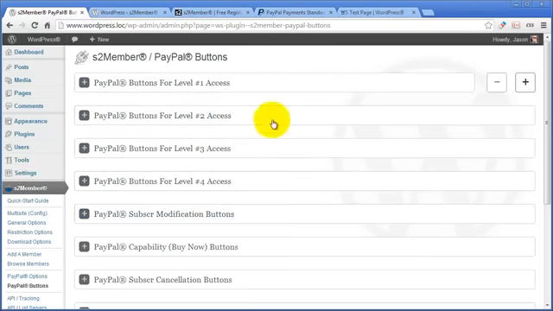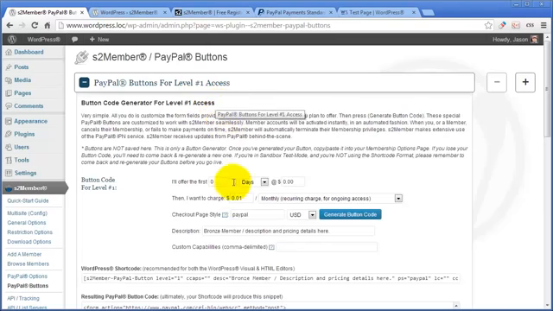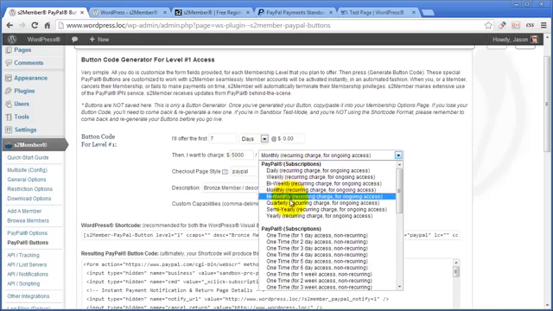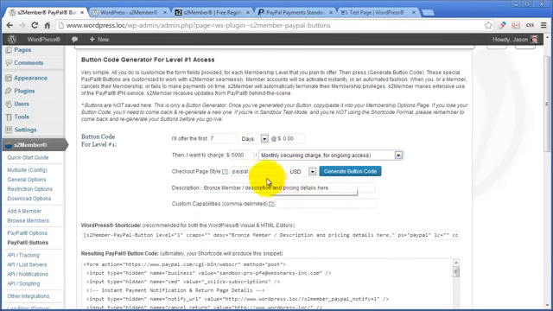Forget all these other levels and all this other stuff down here. All you need just to get started at a minimum is the level 1 access button, and just configure how you want to charge and how long you want to give them access. I'm going to give them 7 days for free, and I'm going to charge, let's make it $5,000,